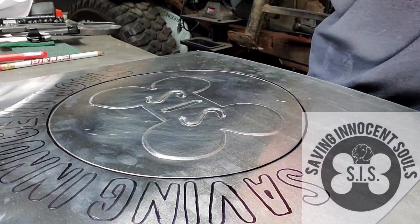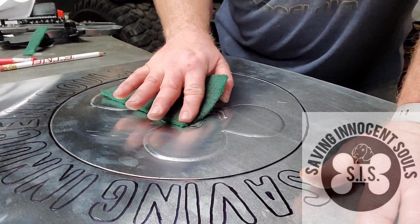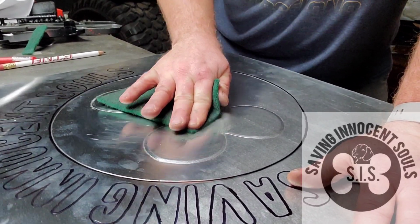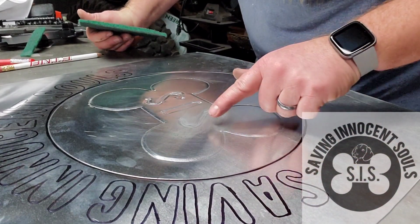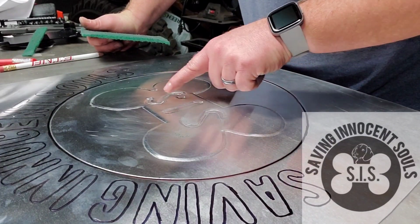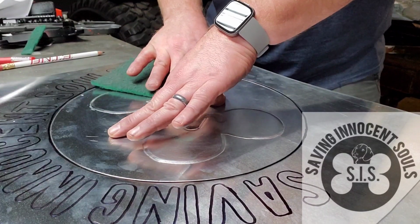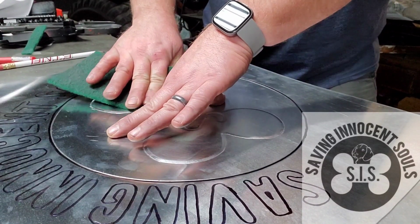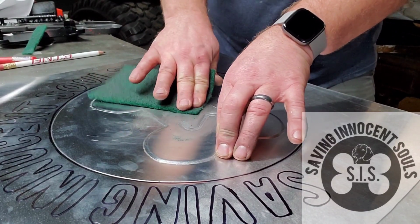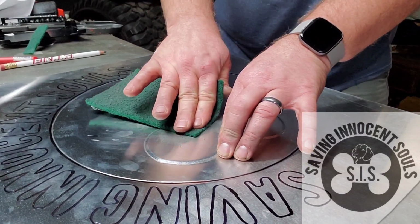Alright, now I'm going to spend a little time with the scuffing pad and see if I can scuff out some of these marks. Because my idea on this anyway was to paint this area here black, and then this part's going to be buffed out as a polish. The bone itself is going to be polished chrome, and the letters recessed will have a little bit of paint in them, and so hopefully that hides some of the